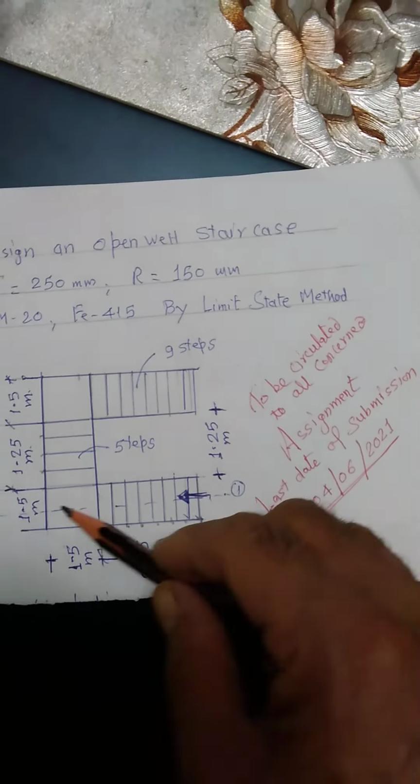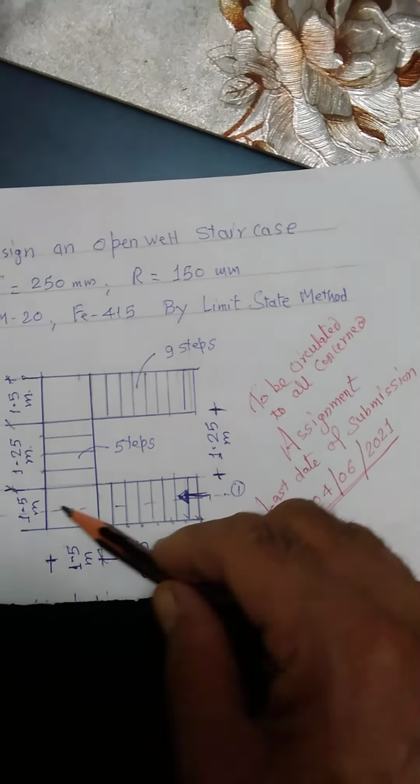Now, this is the longer dimension of 4250, span by 20, it comes out to 112. Because we are supposed to find the overall depth, I am considering the overall depth as 200 and the effective depth as 180 mm. First of all, I have calculated cos theta, which is t upon root of t square plus r square, and it comes out to 0.857.